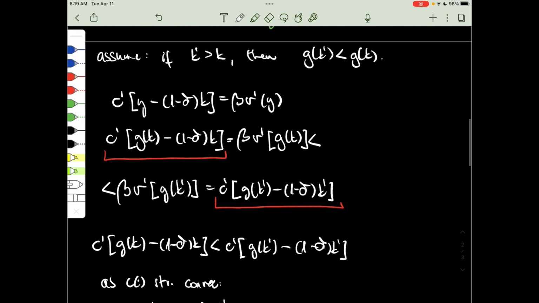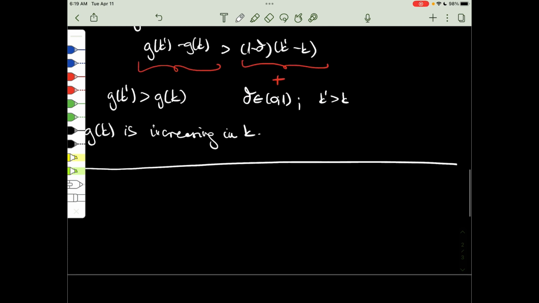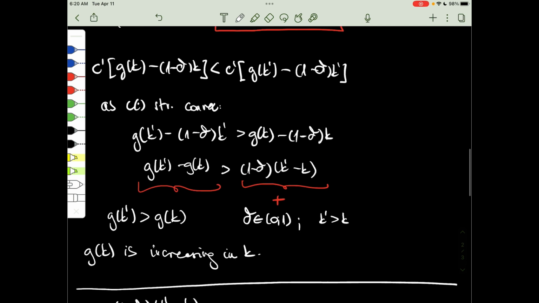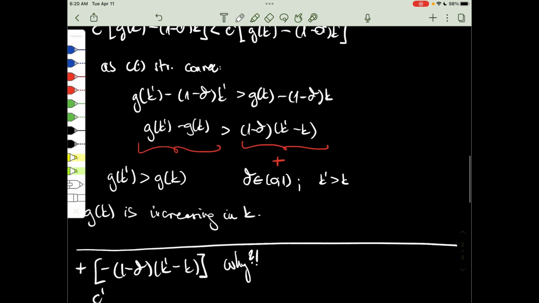So what happens in the policy function when changing from this value to this value, it is as if I added this term to the argument of C prime, because initially we have this